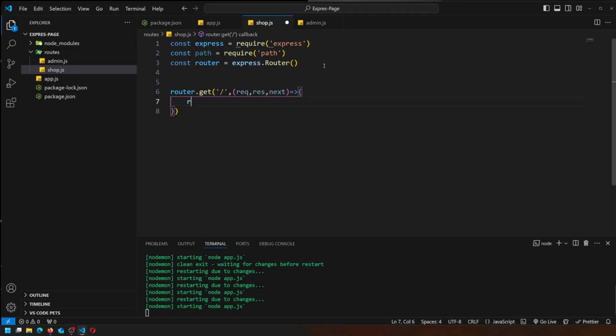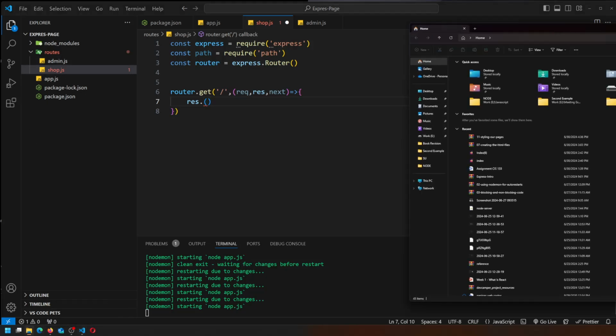Now, we're going to do response. In this instance, we're not going to do the regular HTML that we have been doing so far. We're going to actually send out files. Now, I will be providing you guys with these files. And just navigate to where they're at, because